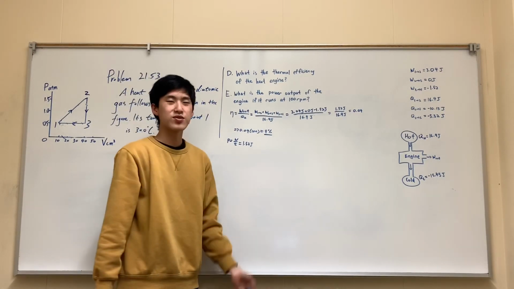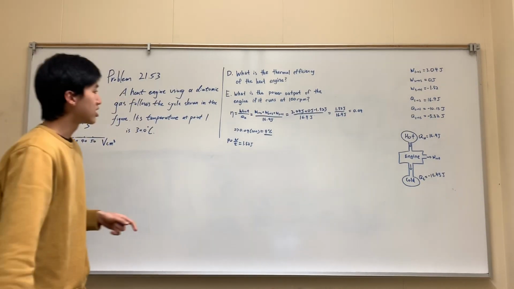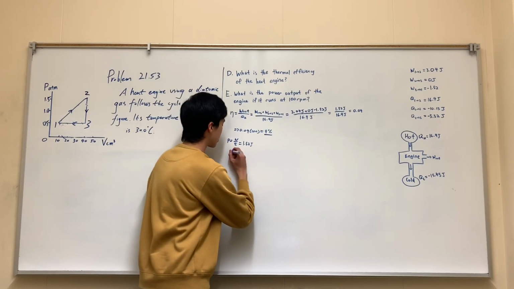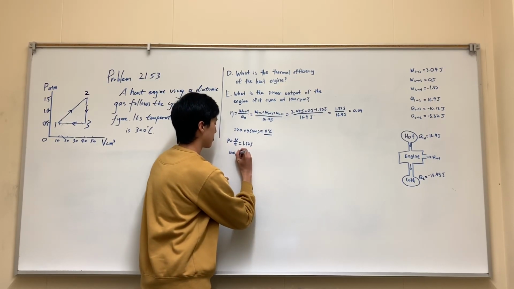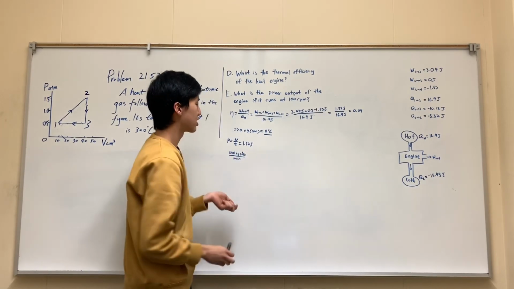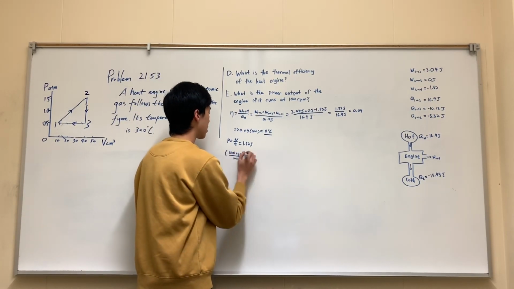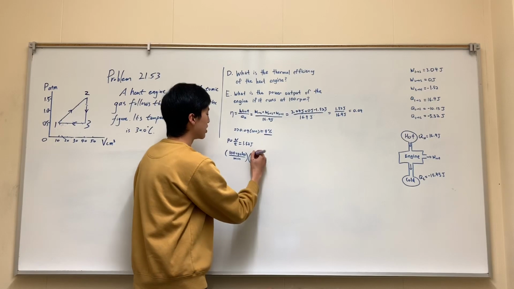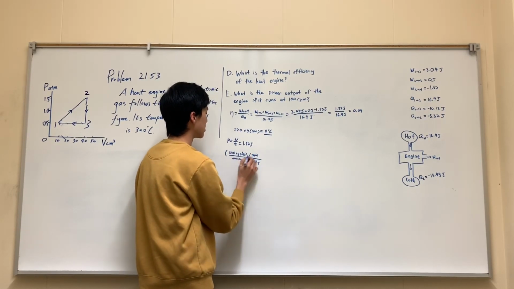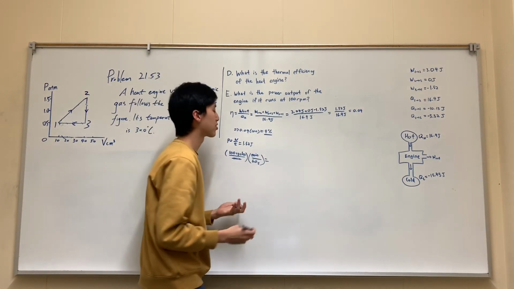RPM stands for revolutions per minute, which is the amount of cycles per minute. So the engine runs at 100 cycles per minute. And then we can translate that to seconds, as seconds are the SI unit. We know that in each minute, there are 60 seconds. So this gets canceled out, and then we're left with 100 over 60, 5 over 3, roughly